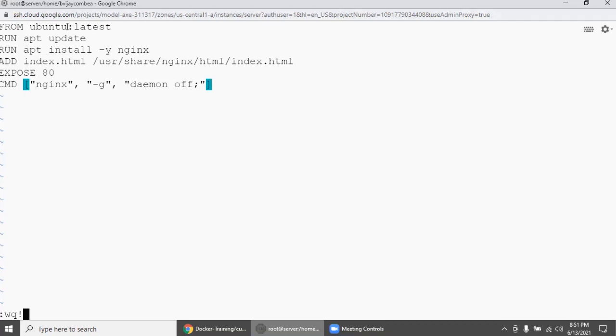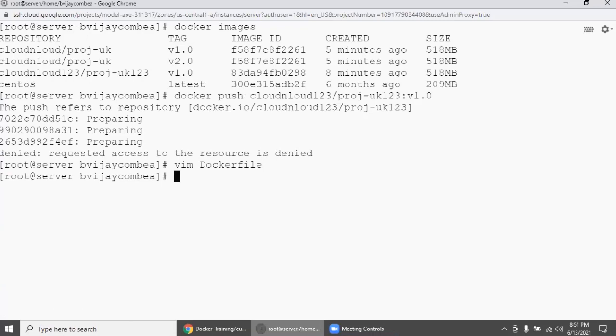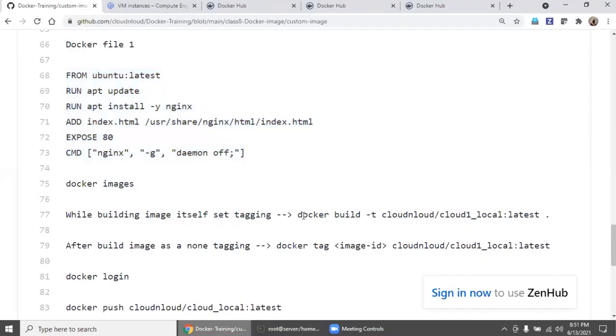As per this, Ubuntu is downloaded and updated, and we are installing Nginx and adding the index.html to the root folder inside the container, exposing port 80 and the startup parameter. And while building itself, I want proper tagging, so we will go with this.